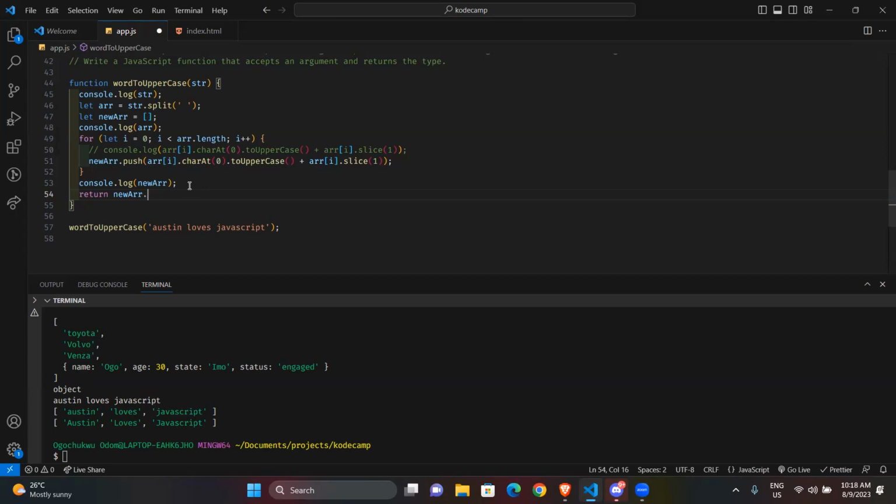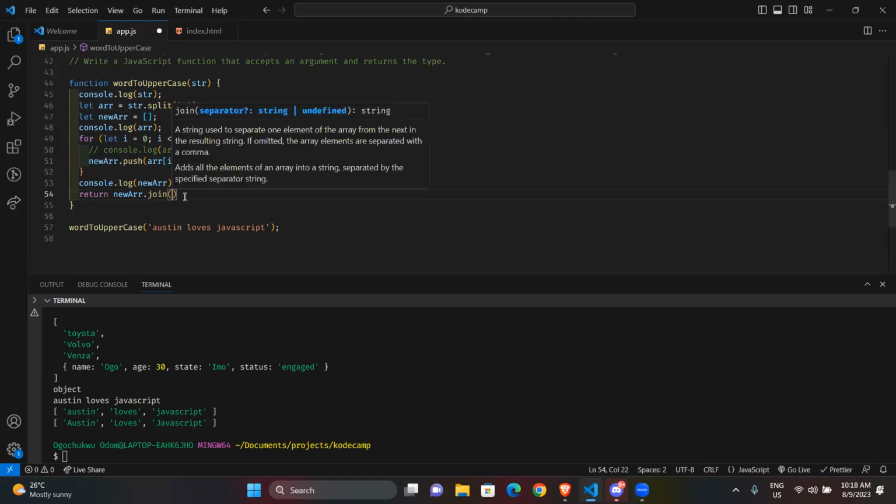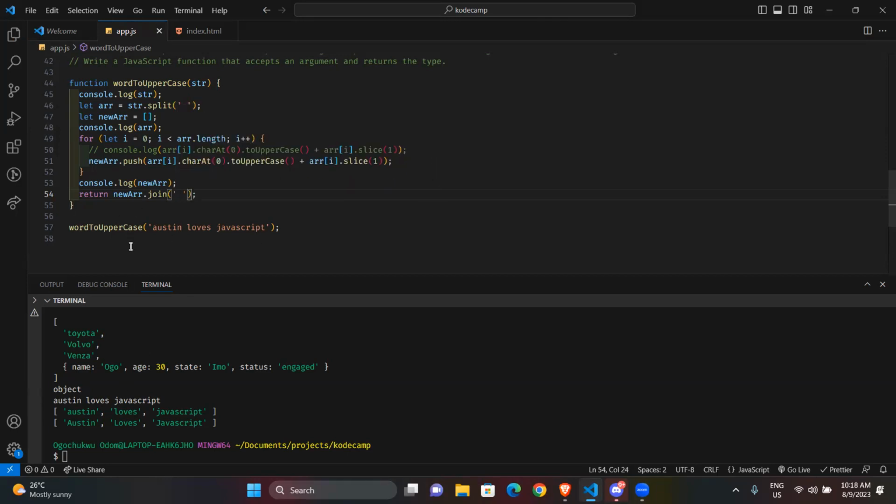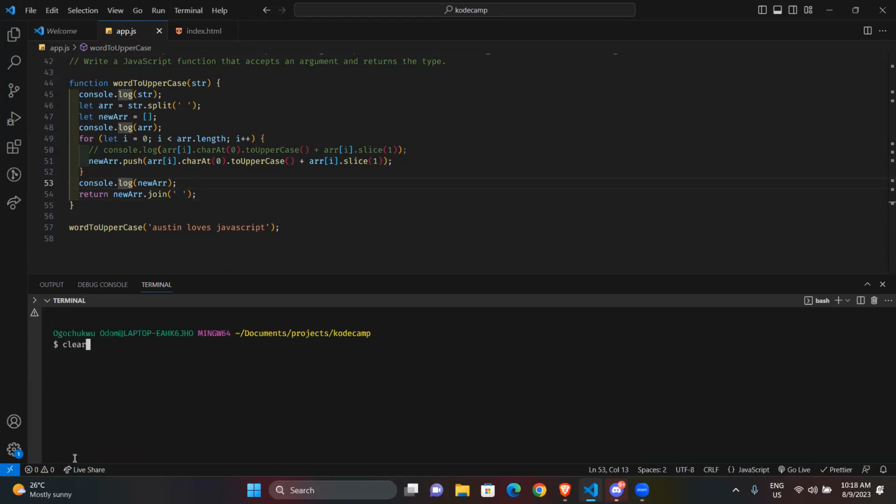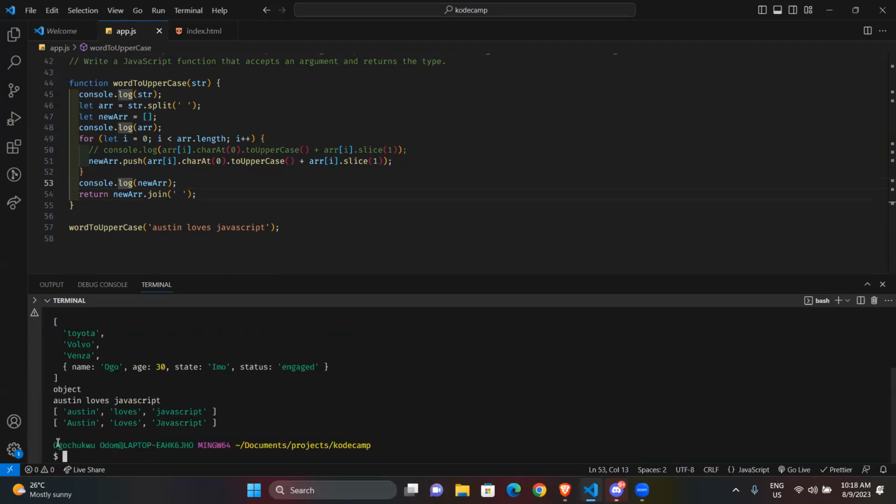But remember that we split initially, so we need to join it. I need to also give that extra space so that it returns the entire sentence. So let me clear again and then run it.